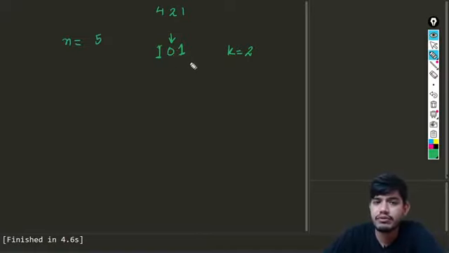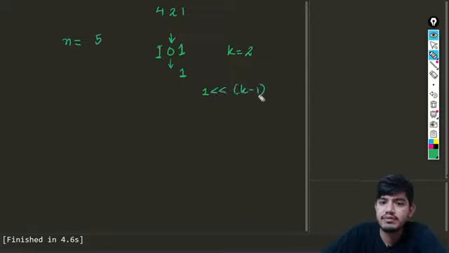So our task is simply to make a 1, and just come below this; we'll be shifting this 1 by k minus 1 times. If we do not shift, then it will be here only. If we shift it 1 time, it will be here. So we just need to shift 1 time. We'll be shifting this 1 by k minus 1 times, which means it is going to come here.